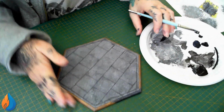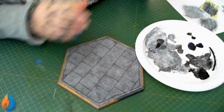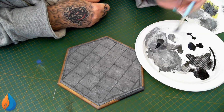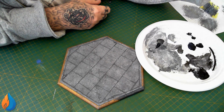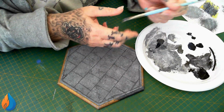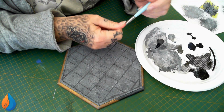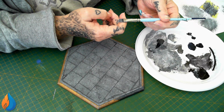Okie dokie, ready to paint the edges. I have put out an equal amount of the Deco Art Metallic Black Pearl and some Payne's Grey here. I'm just going to mix them together. I don't know if you're supposed to do this, or whether other people do it or not, but